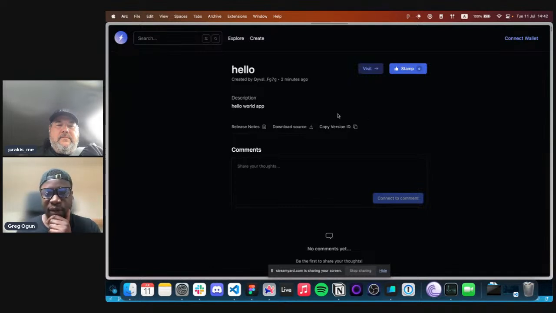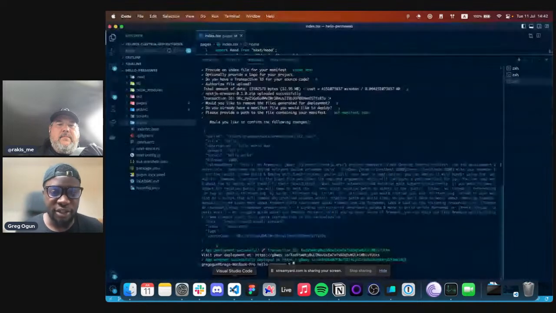And also when we want to fork, we can copy the version ID as well, which we will do in a moment. So that's currently what the flow looks like if you're deploying an app and then you want to go and view it in the Explorer. It's a fairly straightforward process in that sense. But let's look at what it looks like to fork one, right?